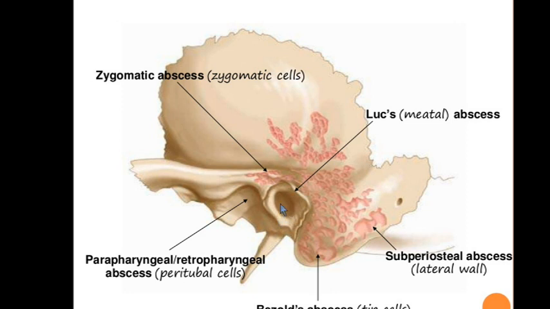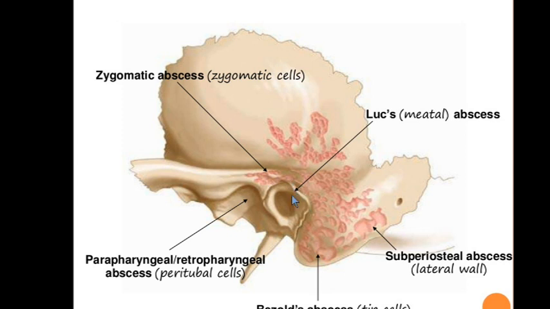So what are the names? Let us come to the zygomatic abscess. Very clearly, if the pus was initially formed in the mastoid, gradually percolated its way and reached the zygomatic area, and here it has formed a huge abscess, then it is a zygomatic abscess. Then Luc's abscess. You have Luc's forceps too; in instruments you will study that same scientist.